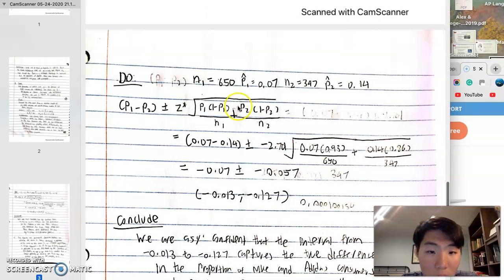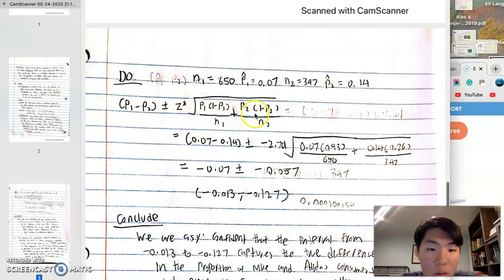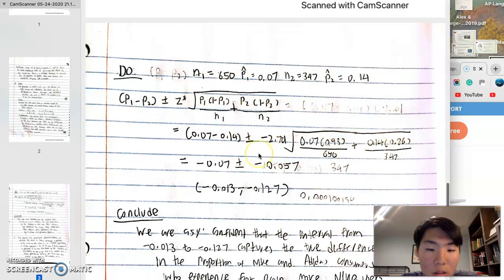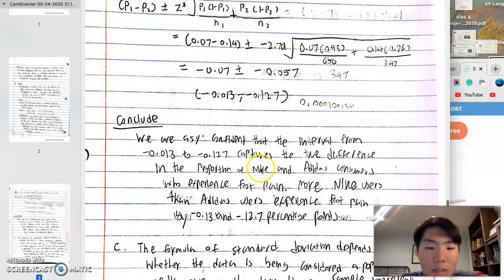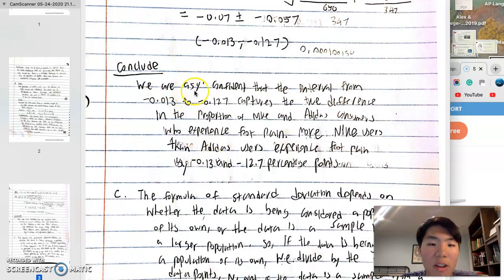So N1 is 650, P1 is 0.07, N2 equals 347, and P2 equals 0.14. So I use this formula to find the interval, and I got negative 0.013 and negative 0.127. So conclusion: we are 95% confident that the interval from negative 0.013 to negative 0.127 captures the true difference in